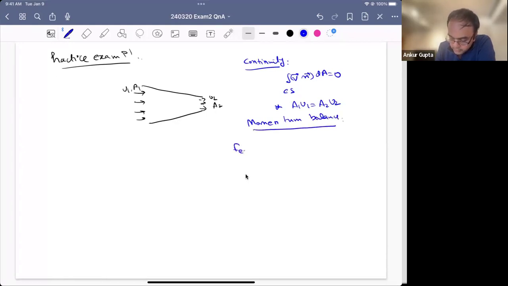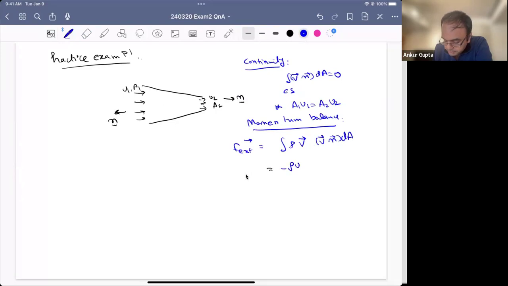We should remember that F external is equal to the integral of rho V vector V dot N dA. And so in the first case, the V dot N is negative because the normal vector always points outwards, but the velocity is positive. So I'll get a rho U1 squared A1 and then I'll get a rho U2 squared A2. And so from here I get rho U1, and I can substitute U1 A1 is equal to U2 A2 from here. So I will get